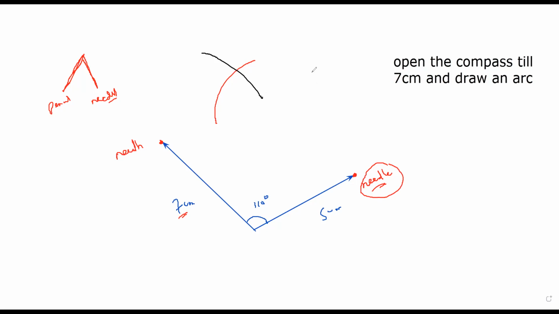The position where the two arcs intersect, we can join from the starting point to that point, and that is also the resultant. So you can complete a parallelogram, or without completing a parallelogram you can draw the arcs and get the resultant. This part on arcs I will explain again in the next session, as some of you have a class after this.